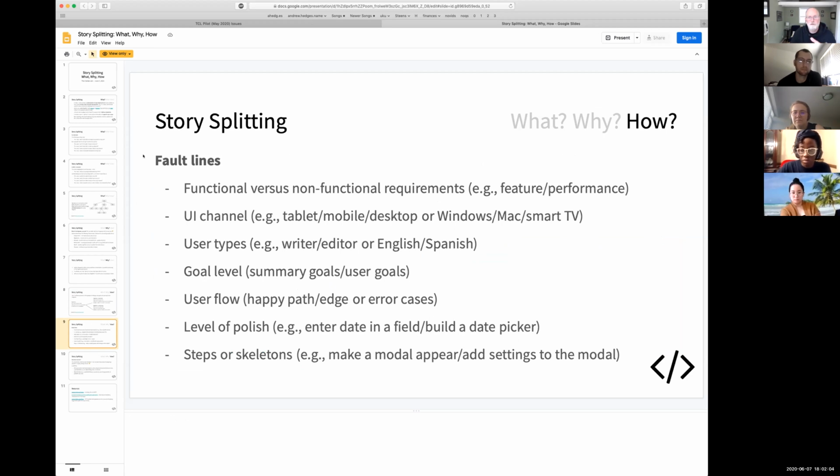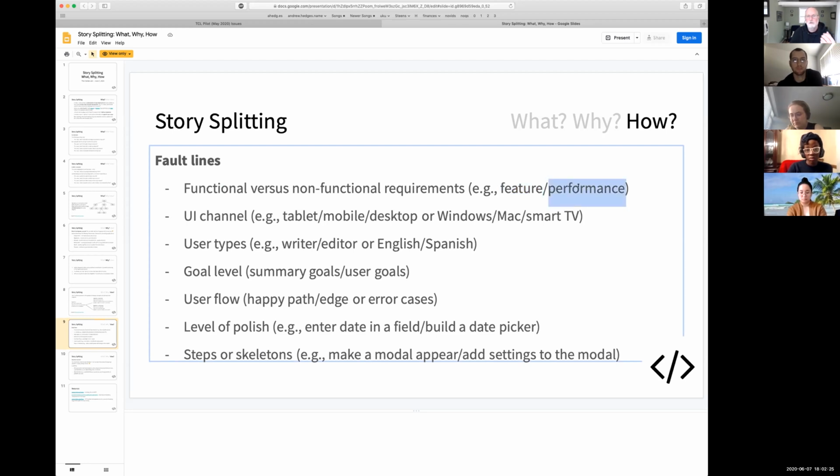So what are some of the fault lines if we're trying to split a story? What are the fault lines that we can find to help us split these things? Sometimes there are functional versus non-functional requirements. I mentioned this before, but a feature is a functional requirement. I need to be able to do something in the app. Performance is a non-functional requirement. It's important, but